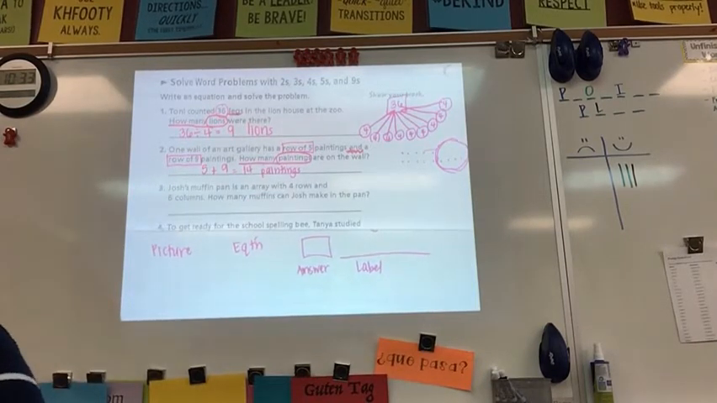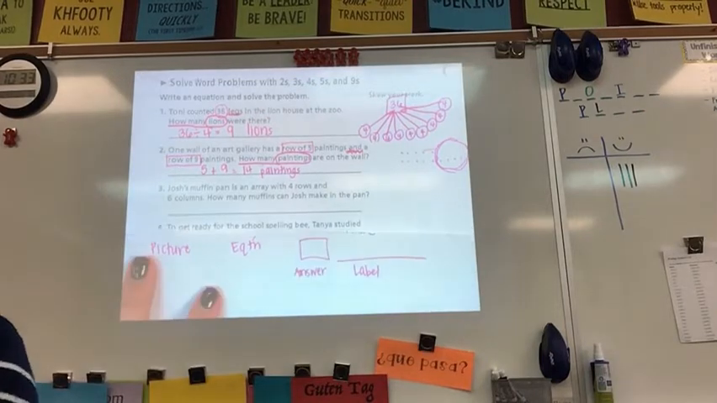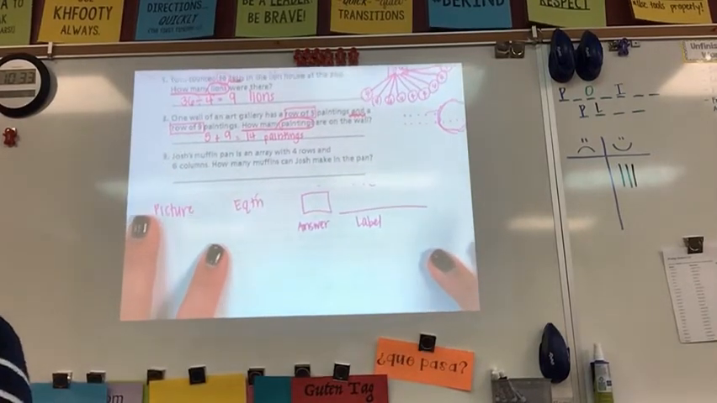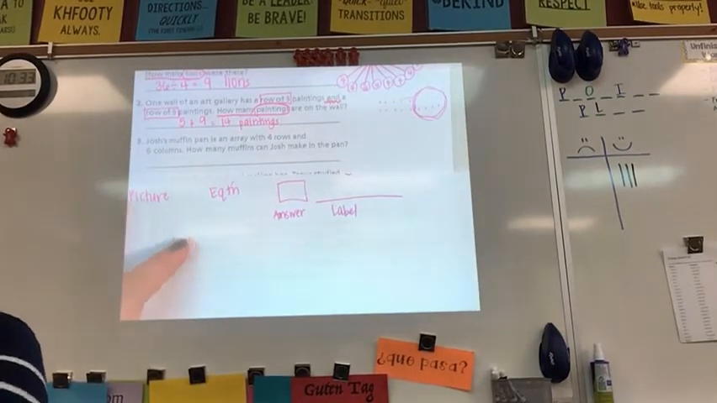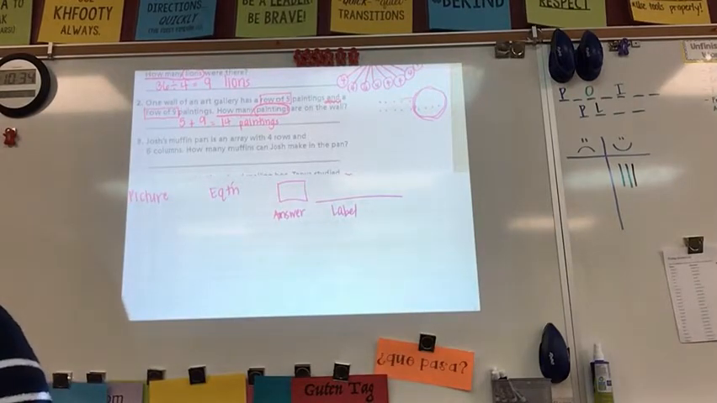All right. Work with me on this one. Who would like to read number 3 really loud and proud? Miss Olivia. Josh's muffin pan is an array of 4 rows and 6 columns. How many muffins can Josh make in